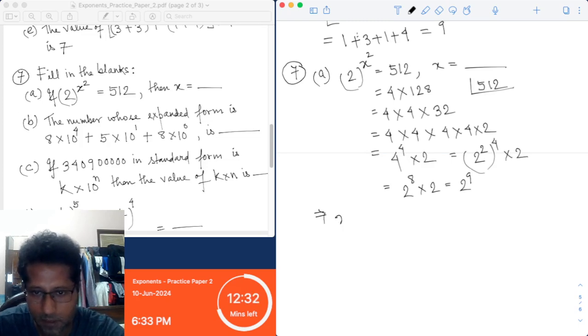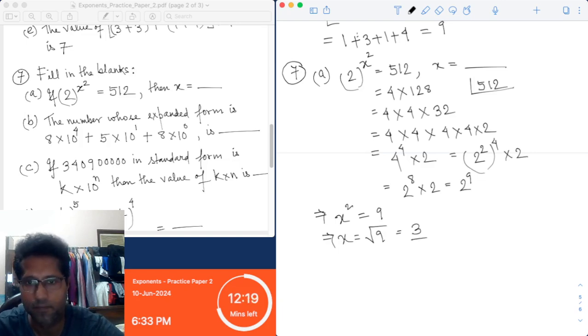This means x square will be equal to 9, and this implies x is the square root of 9, and we know the square root of 9 is 3. So the answer is 3. Okay,